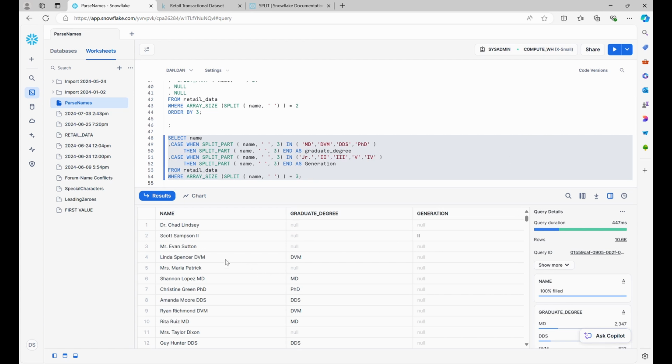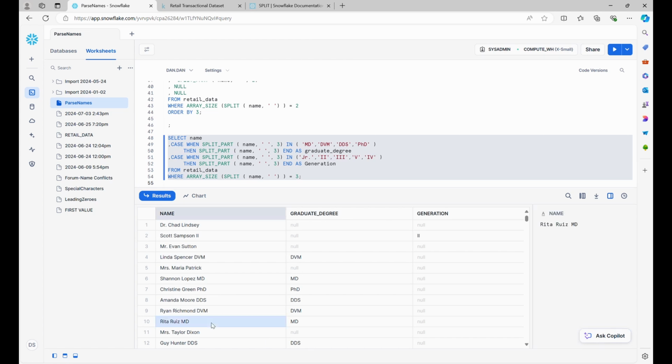And we can see here that in those cases where there was a graduate degree, we've got them. In those cases where there was a generation, we've got those. However, there are others that didn't have either one, and so we just have a null on both of them. And that's because in these cases, we have a last name right here, right? So we're not going to deal with those yet. We're going to stick right now to dealing with the records that have either the graduate degree or the generation